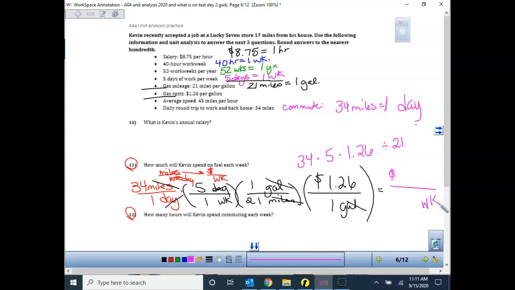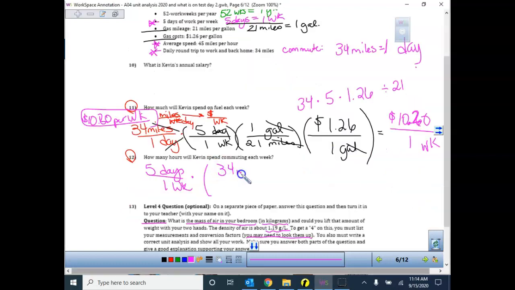Which in this case came out to be, how much are we spending commuting each week? $10 and what, 60 cents per week? Does that sound right? $10.20? Yeah. $10.20. I was looking at two different answers and I looked at the 6 down below the 20 and yes. All right, so